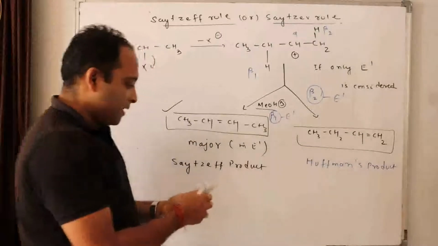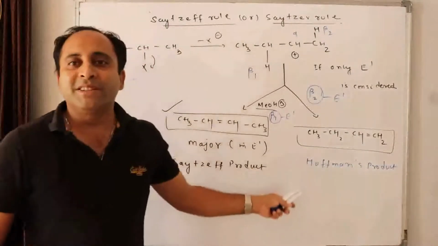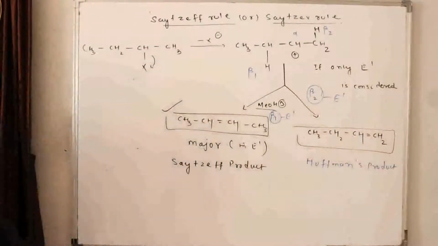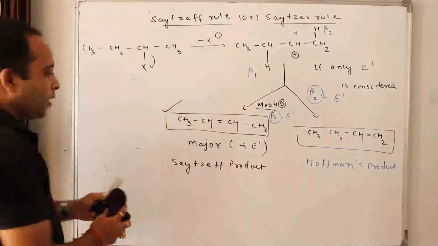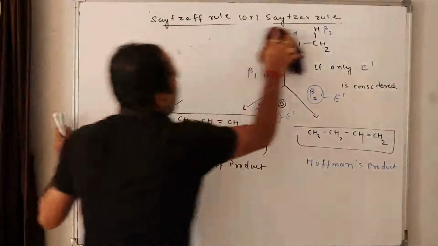Now, let me write this Saytzeff's rule. Did you copy this? If a bulky base is taken, then Hofmann is preferred. Okay? Right now, what is Saytzeff's rule? Did you copy this? No. When